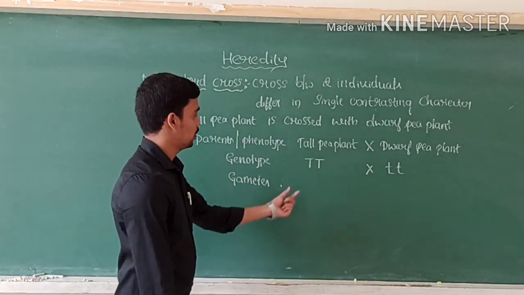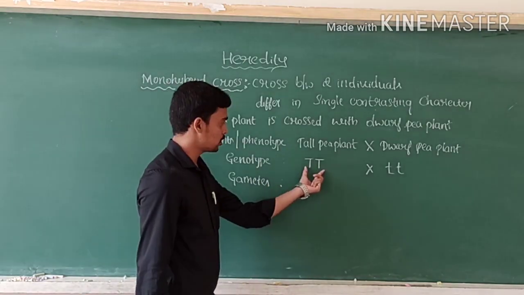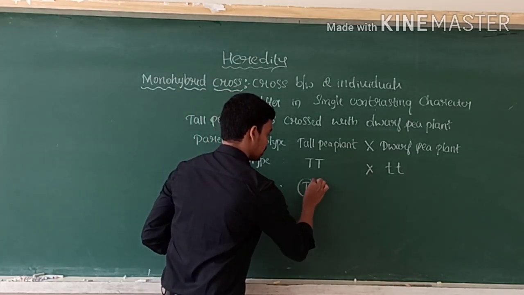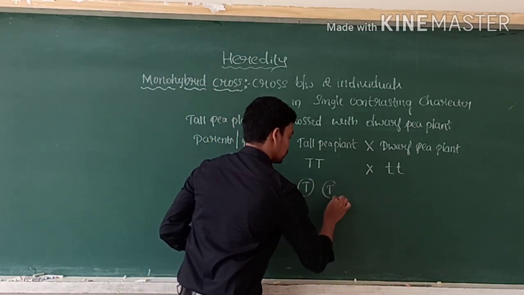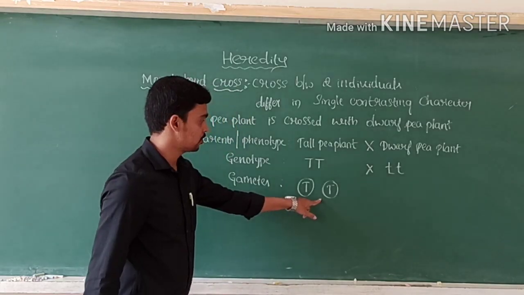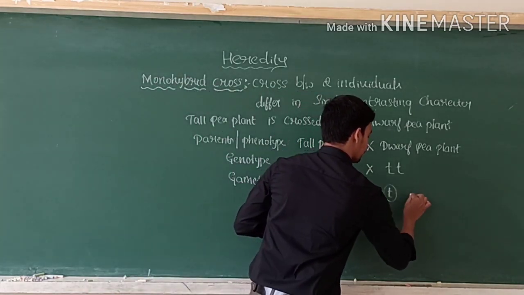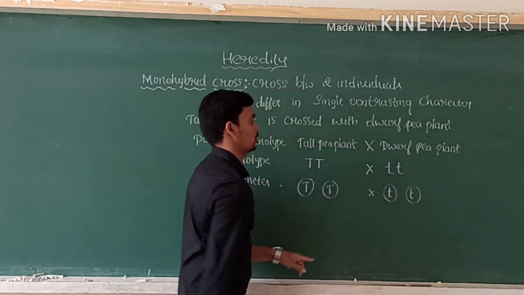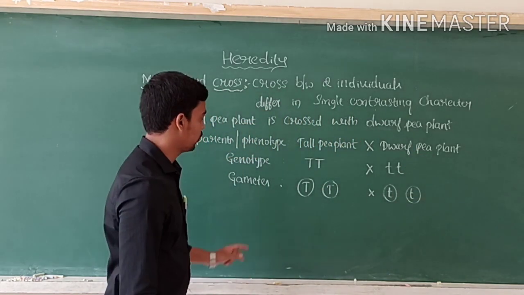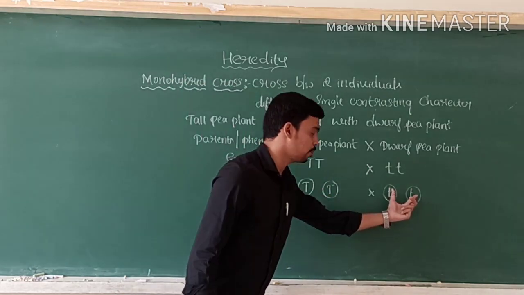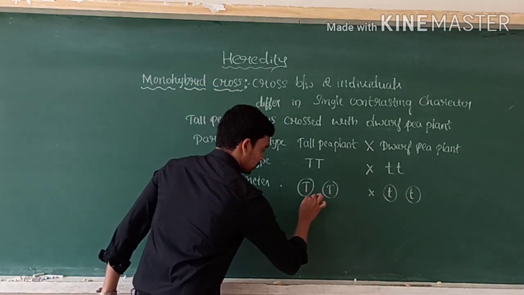Gametes. Here, homozygous condition, both are same. So, take gametes. For the gametes, you should circle the letters. And here also, small t, small t. Okay, when a cross is made between these gametes, the tall pea plant as well as the dwarf pea plant, we get